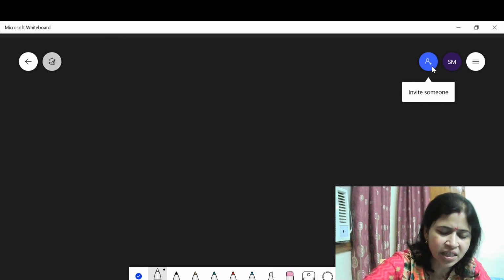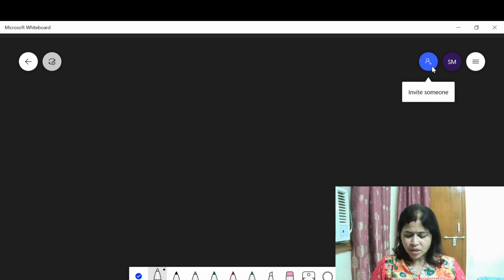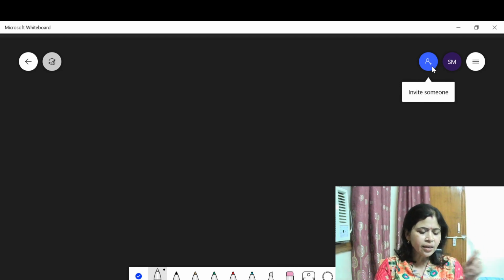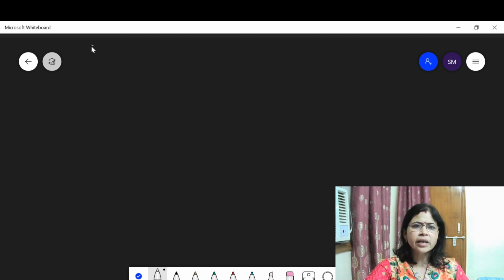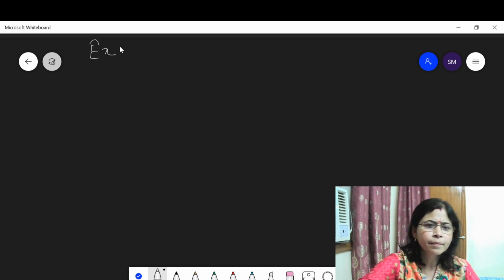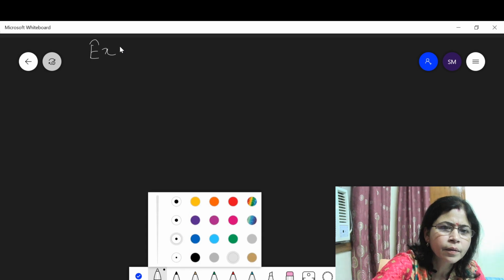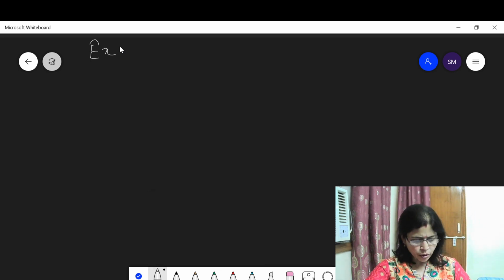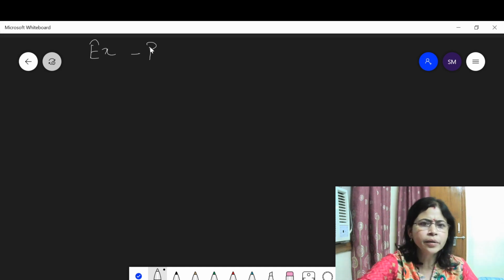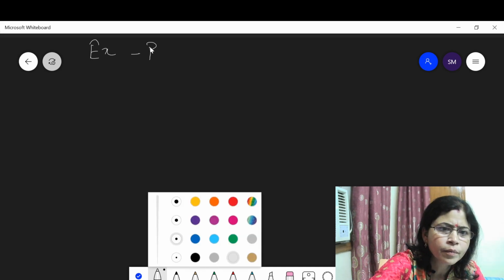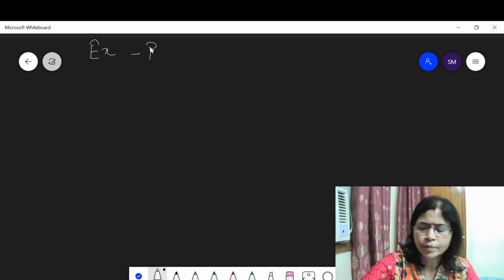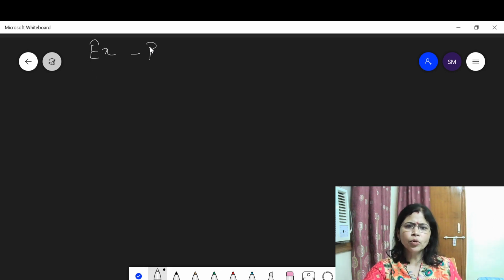The next question says, here is another question. Another question says that, prove that if x and y are odd positive integers. Here is the example. Example shows that, prove that, here you have to prove that